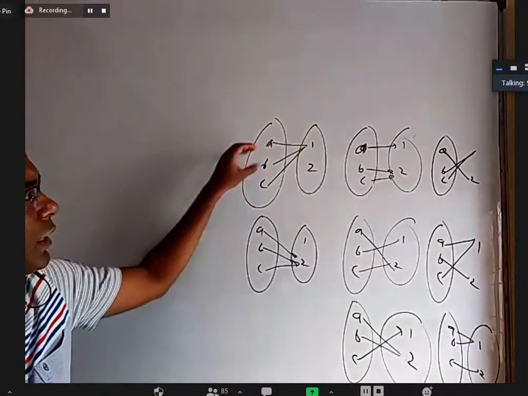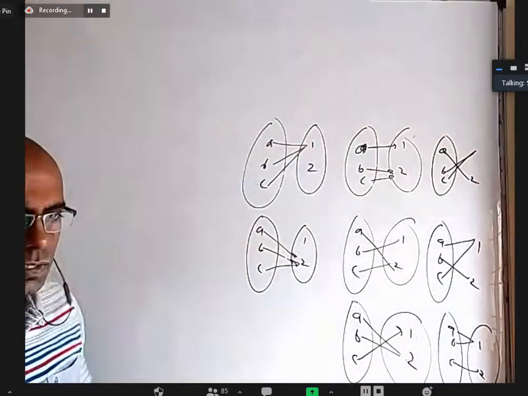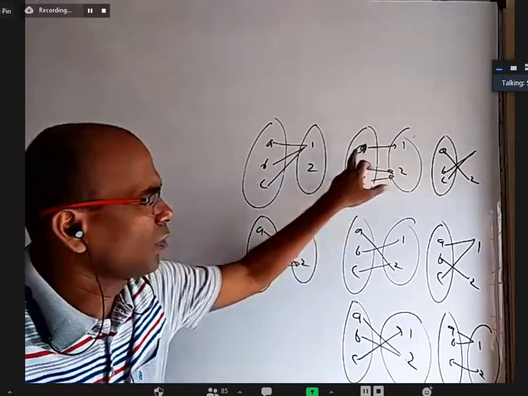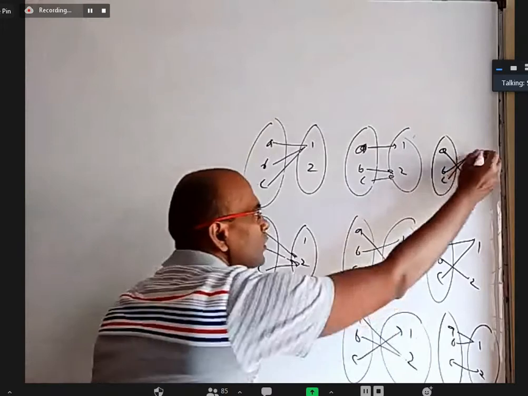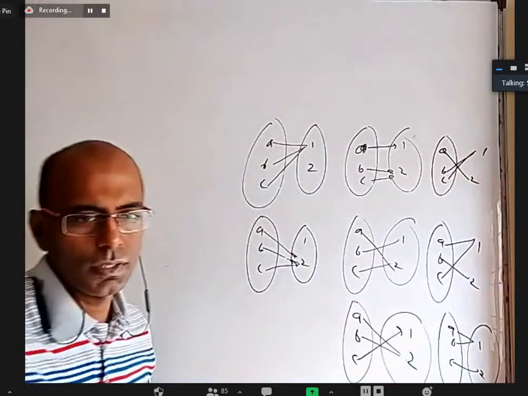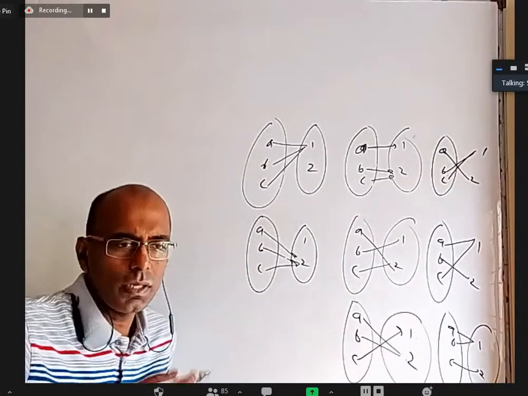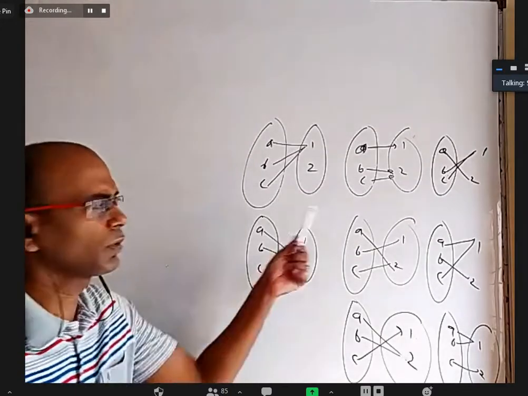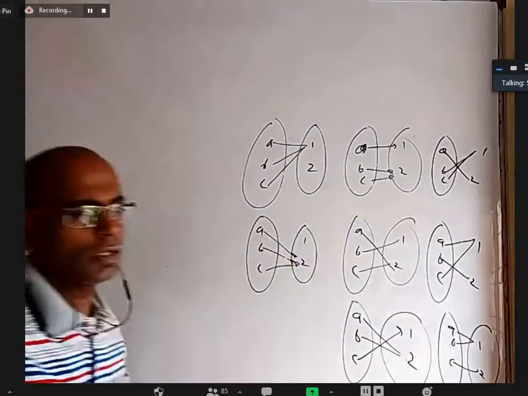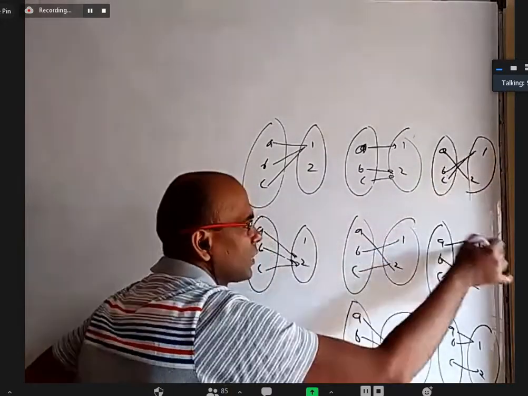That is, all connected to one element, that can be 1 or 2, two cases. For 1 element to 1 and 2 elements to 2, 3 cases. For 2 elements to 1 and 1 element to 2, 3 cases. That's it. Without writing all that, there is a formula using permutations and combinations, which we'll study in second year. But this is a simple question. It's good that we write all these things so that we get a feel of how many functions there are.